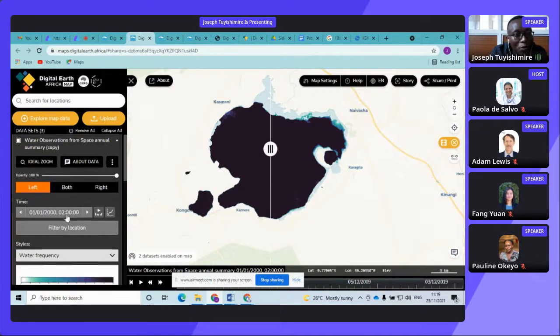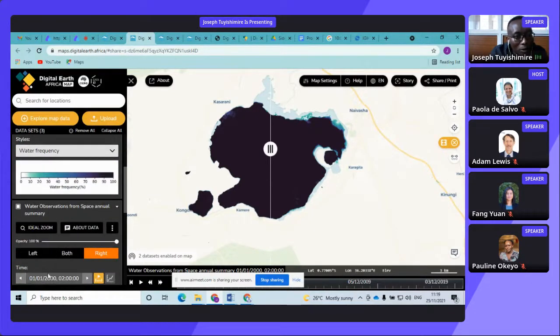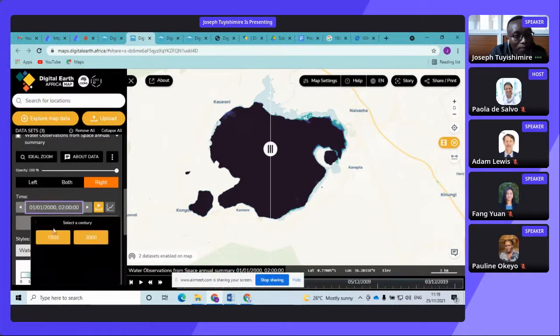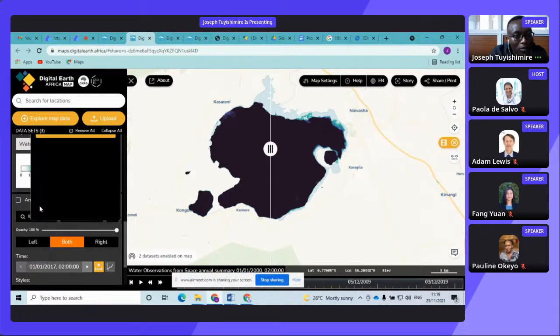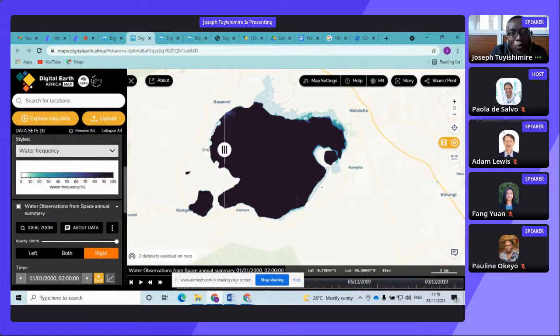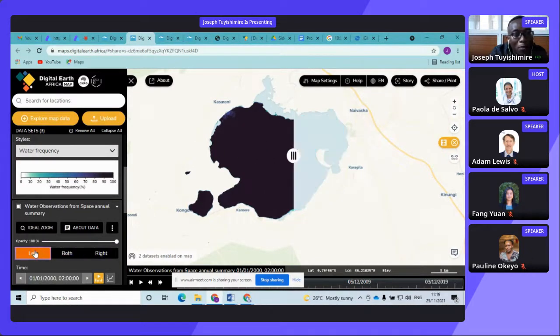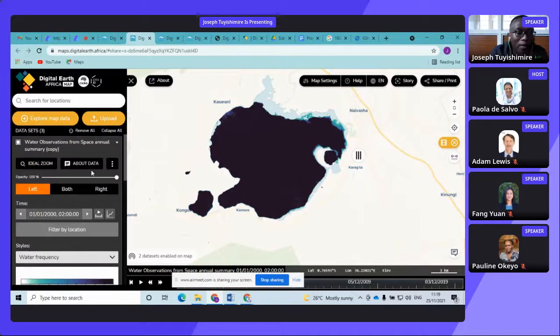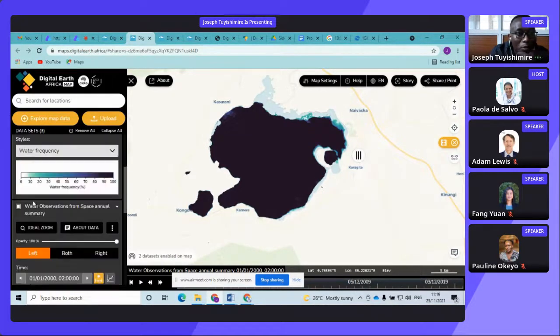We'd like to see how the lake has been changing over time. So the upper part, as you see, this part is 2000,